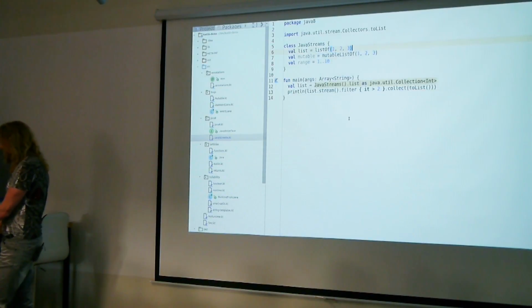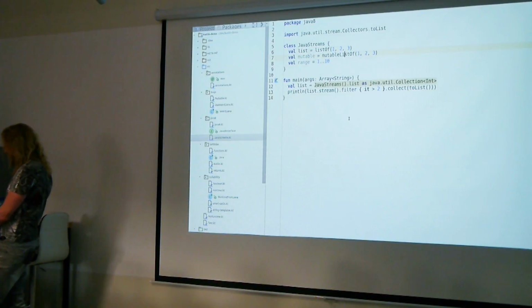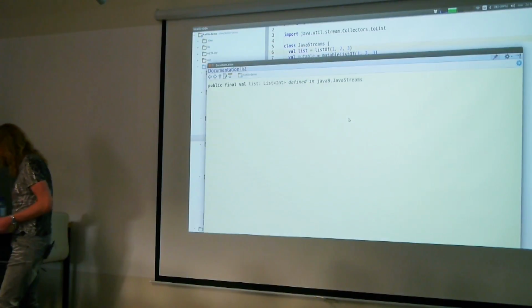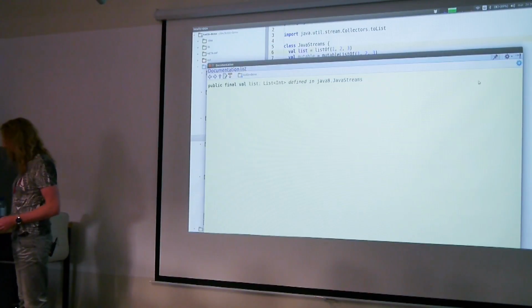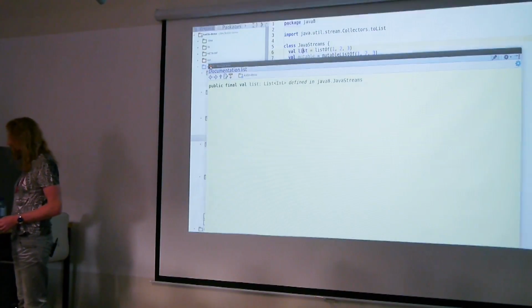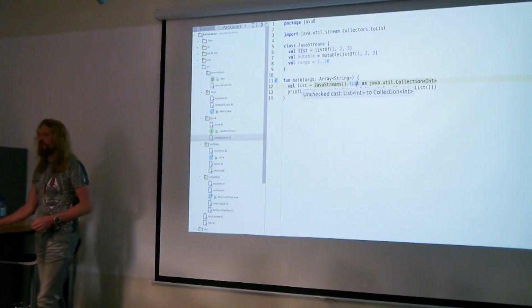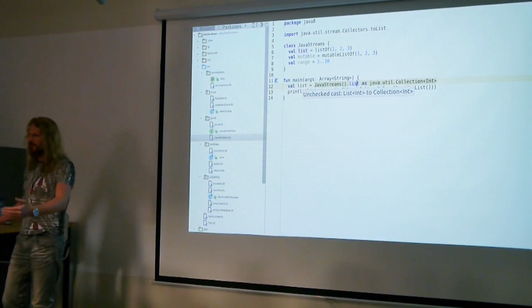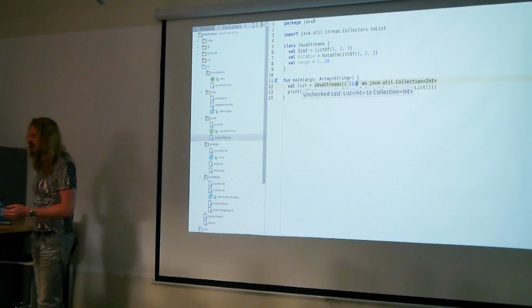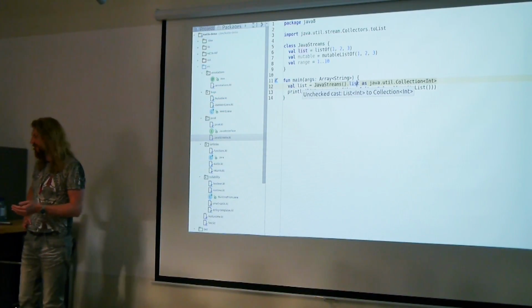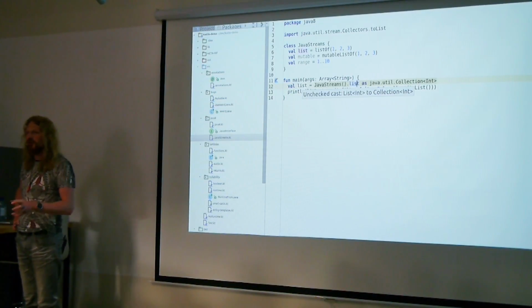But actually, if I look with Control Q at this list, the type of it is Kotlin list, and Kotlin list is actually an immutable list. It's implemented behind the scenes as a Java util list, but the compiler knows that it's an immutable Kotlin list, so it will not compile code that tries to add an element there.